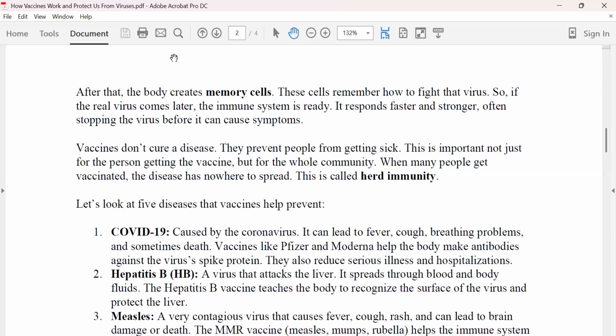This is important not just for the persons getting the vaccines, but for the whole community. When many people get vaccinated, the disease has nowhere to spread. This is called herd immunity. Let's look at five diseases that vaccines have